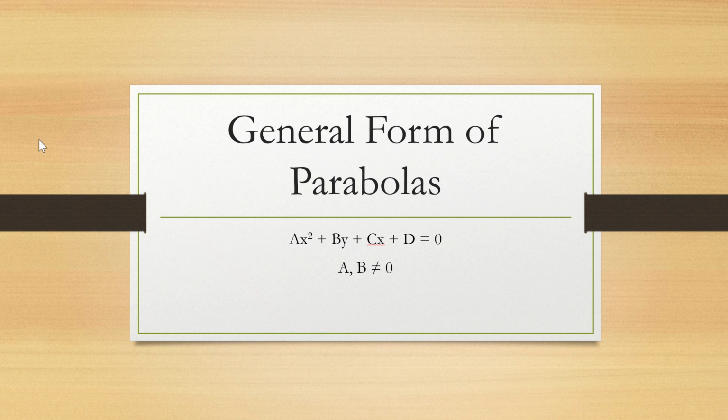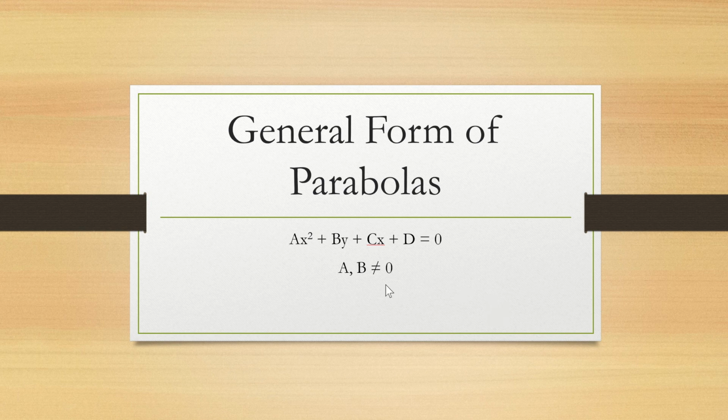Today we're going to be going over how to graph the general form of parabolas, and the equation looks like this. Notice that you have an x squared term, you have a y term, you have an x term, and you have a constant. There's no y squared term. If there was a y squared term, it would be a circle or an ellipse. And also notice that a and b cannot be equal to 0, because